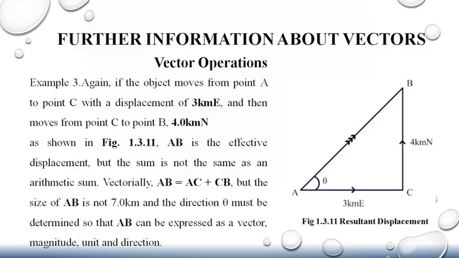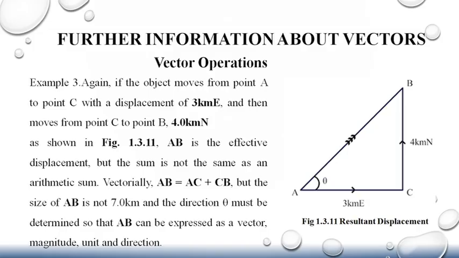Vectorially, AB is equal to AC plus CB, but the size of AB is not 7 kilometers, and the direction theta must be determined so that AB can be expressed as a vector,